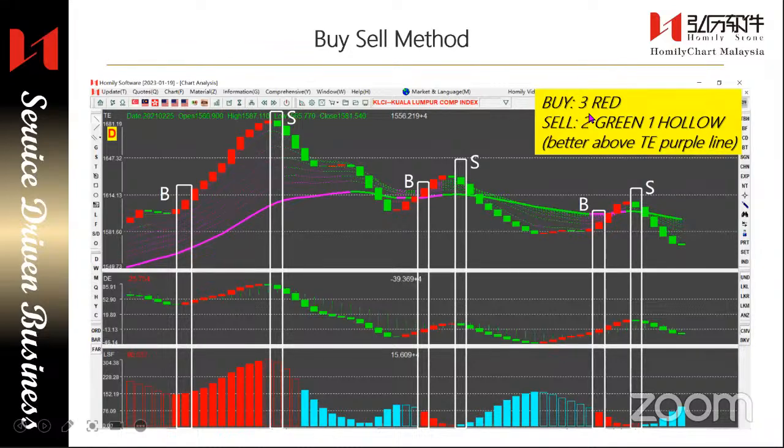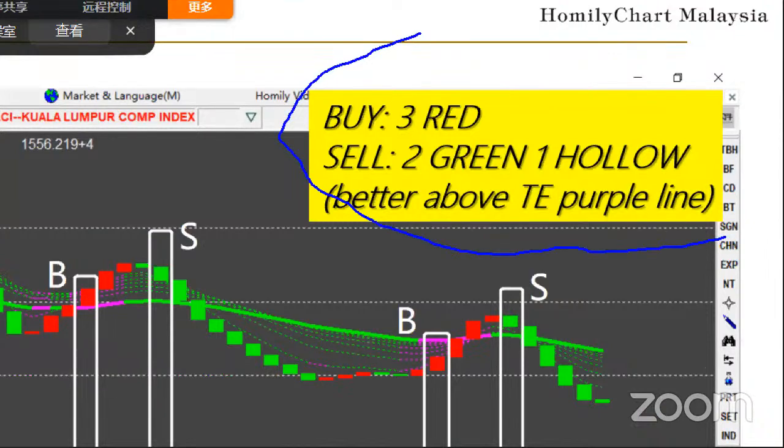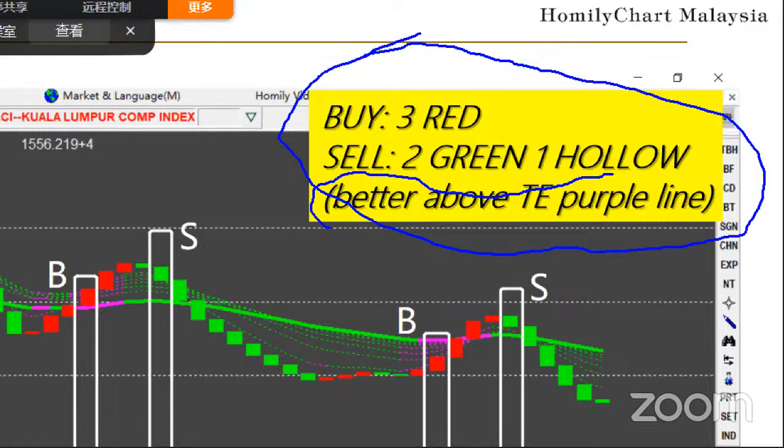You learn the double source template, then you just remember this: the buy point is chi red, so at chi red you buy. The sell point is two green, one hollow. Two green, one hollow. And another suggestion for you, it is better that you choose